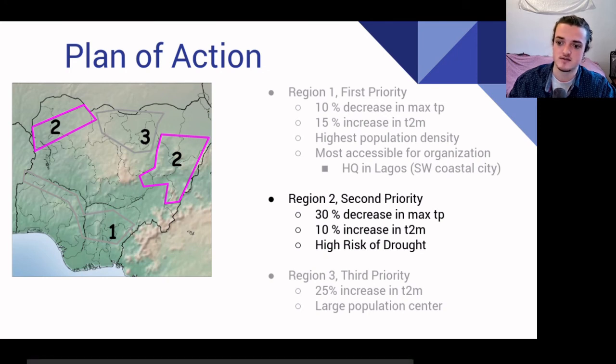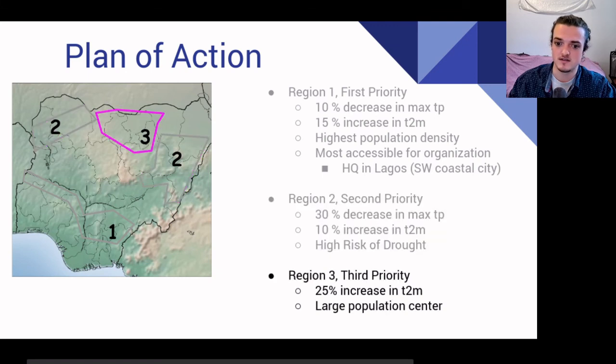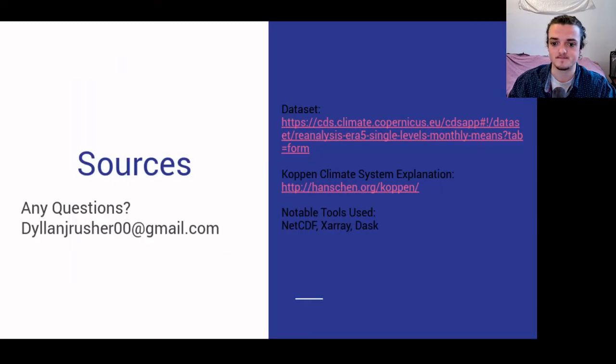The third region marks a 25% increase in max temperature and is also the second most populated region of the regions highlighted, making food scarcity from sun scorching a real threat, especially to non-root vegetables, which are more sensitive to heat. However, as of recent, this area hasn't seen a significant decrease in precipitation, making it the lowest priority region as of yet. However, with the changing climate, we might still find this area to be drought prone in the future.